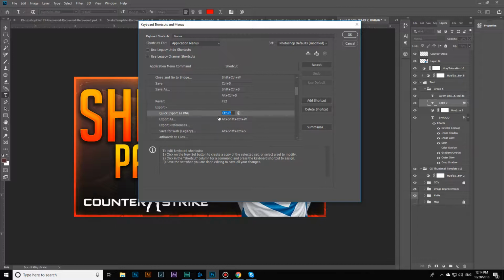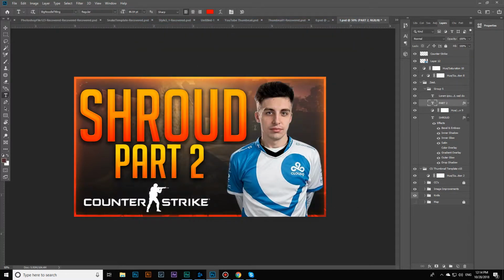Now you can use Ctrl+*. I use this because it's not used already. If I use, for example, Ctrl+S, which is already used, and it makes my files save. So I will use Ctrl+*, but before I do that I will return this command back to save. So I have Ctrl+* for my export automatically